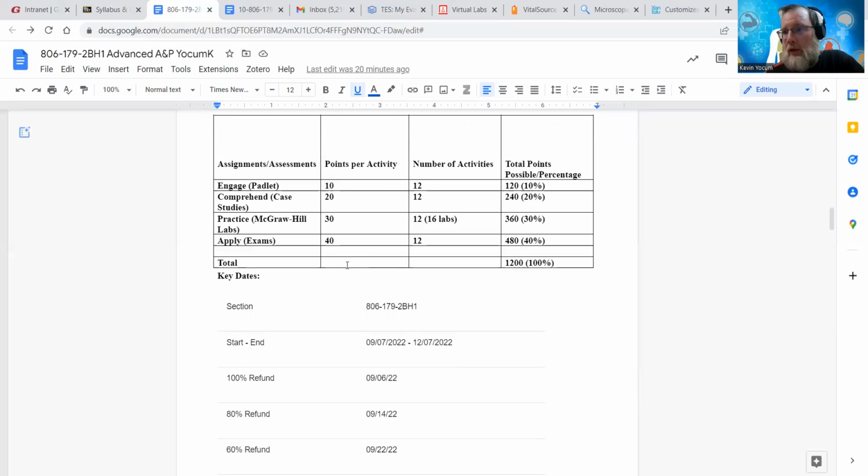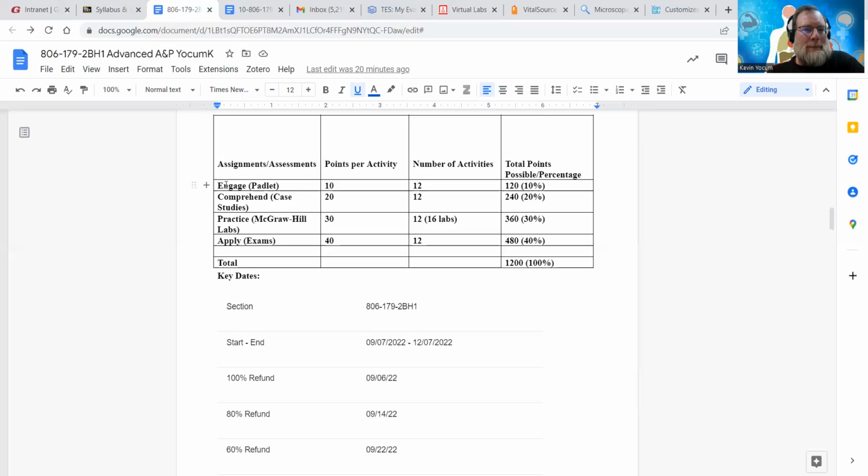Everything is open. The whole course is available to you right now, so you can go in any order you want. You don't even have to do unit 1 first if you don't want to. You can go into unit 12 and work your way backwards. Maybe you like digestive system and nutrition, you can go into unit 10. So anyway, you can work at your own pace, in whatever order you feel is going to work best for you.